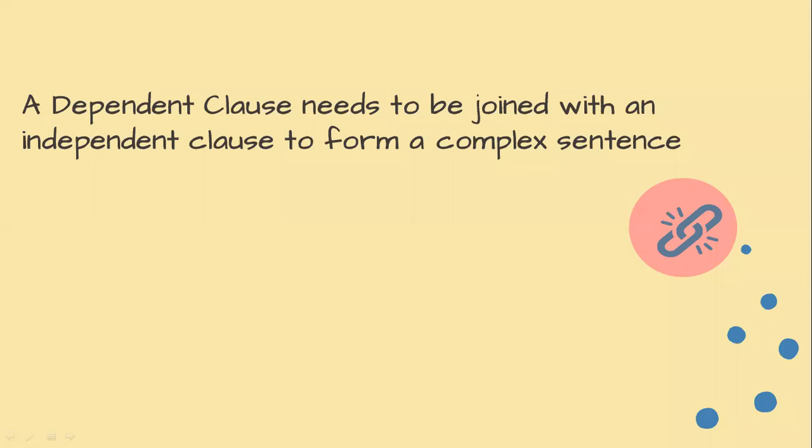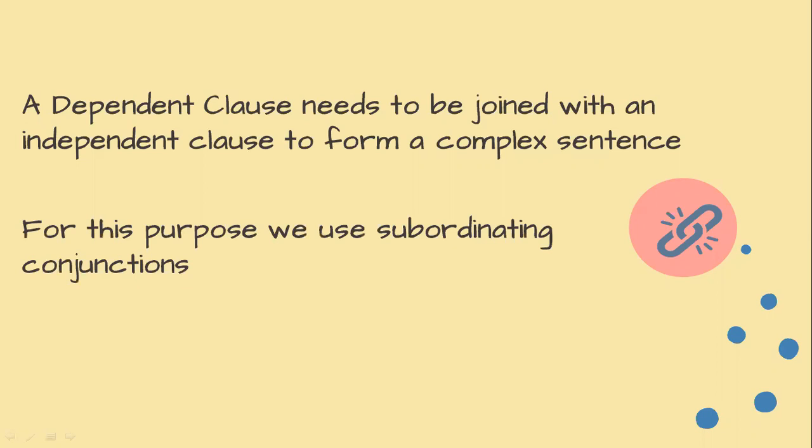There is a need for a linking word that would join the dependent clause and the independent clause. For this purpose, we use subordinating conjunctions. Subordinating conjunctions are different from coordinating conjunctions, which are only used to link independent clauses together in a compound sentence. But in a complex sentence, when one clause is dependent and the other is independent, the subordinating conjunctions would be